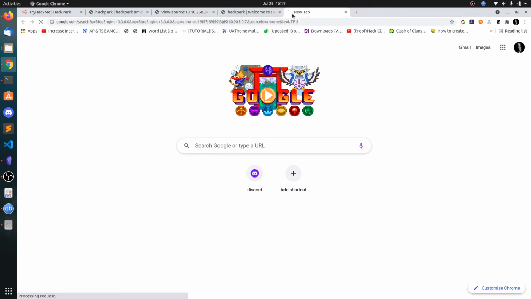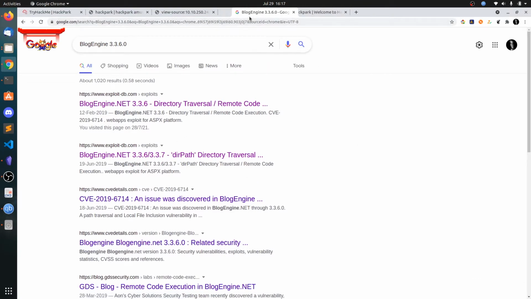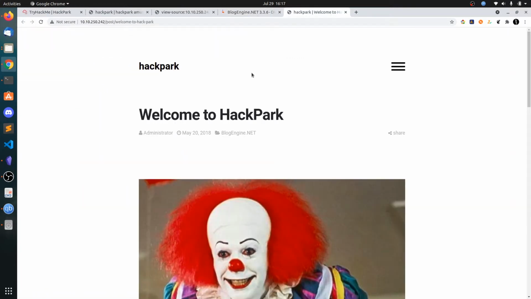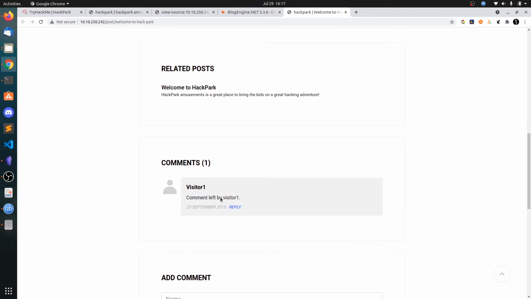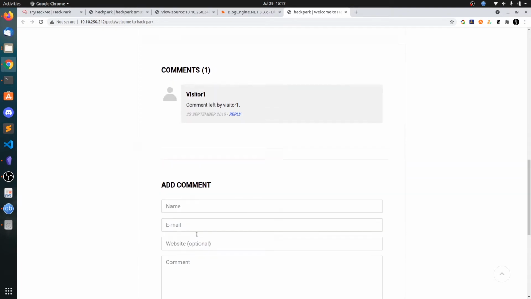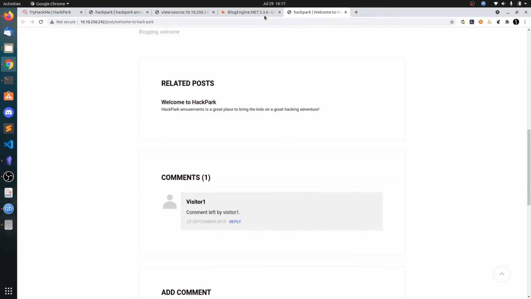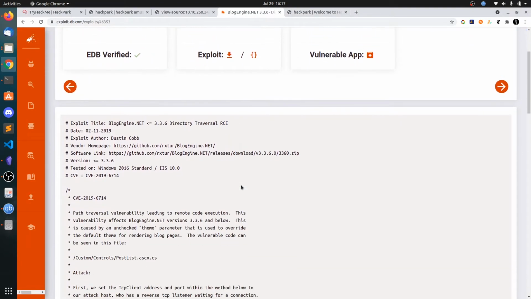So copy this one. Now let's search for this one, and you can see the first one is directory traversal, and the normal website contains a comment by the username visitor1. So here, path traversal vulnerability leading to remote code execution.